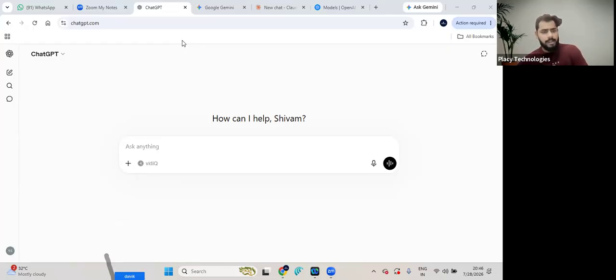Sir, Meta AI is a LLM. Yes, it is a LLM. Absolutely. When you interact with Meta AI, it's LLM. So we will be discussing prompt engineering, and creating custom GPTs. All AI tools are LLM? No, no, no. All AI tools are not LLM. AI tools are different AI tools.